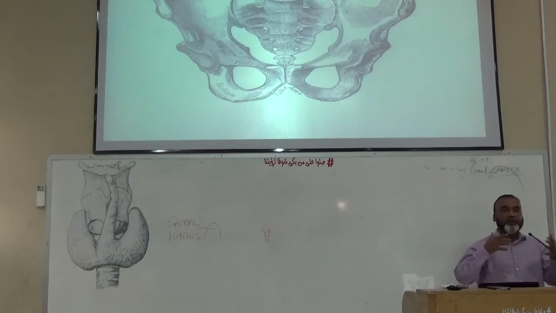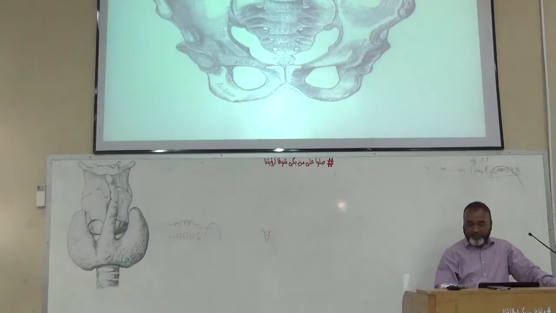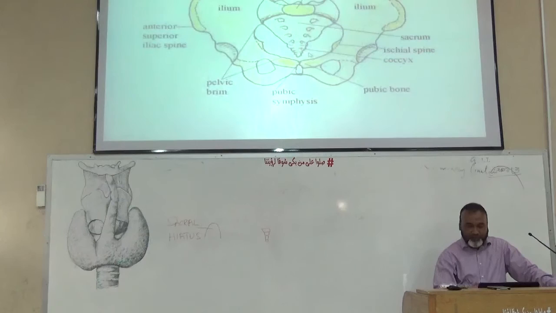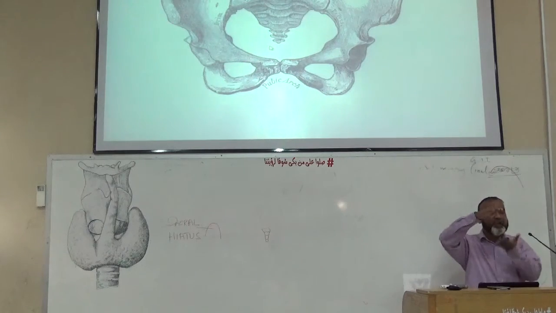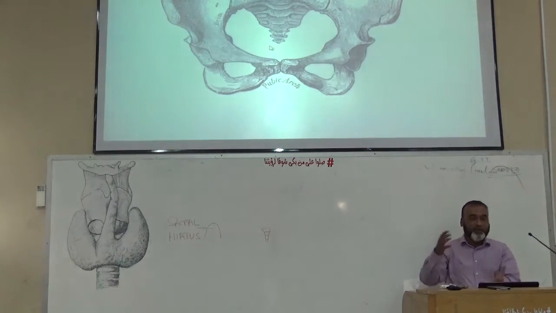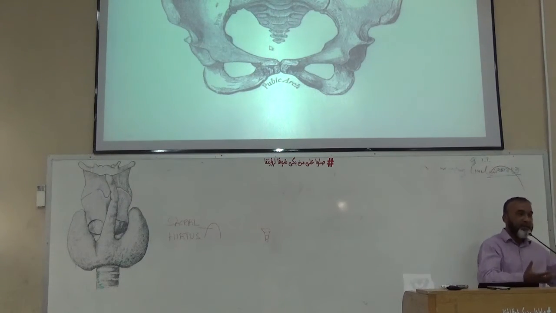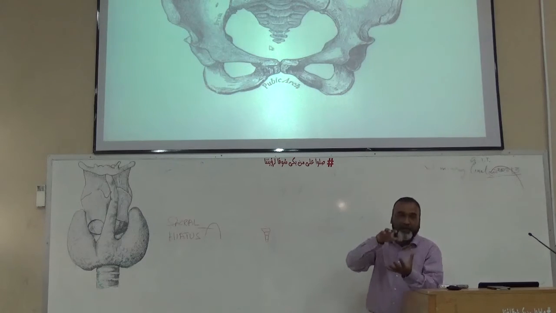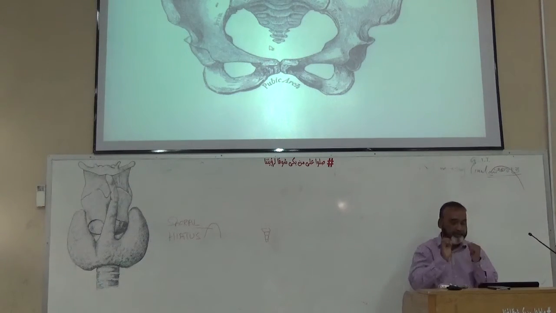Now, the differences between the male and the female pelvis, we will do later on. But here you can see the differences in the cavity. This is basically the male pelvis. Now, if you see the female pelvis, you can see the difference. It has more space between the inlet and the outlet, which we will do later on. The female has to go through the process of childbirth, so they must have a deeper pelvic cavity as compared to the male, between the inlet and the outlet.